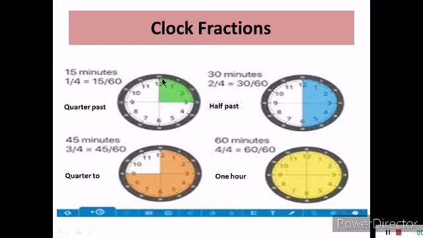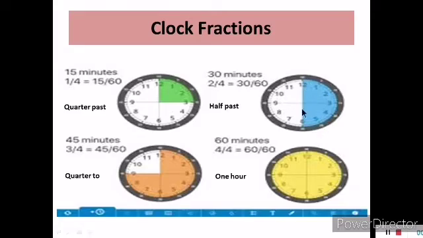Now divide the clock into 4 equal parts. If the minute hand goes only till 3, shade that part and see what the fraction will be. It will be 1 divided by 4 equal parts, 1 by 4. Only one part is shaded. So that is a quarter. So when we tell the time, we have to say quarter past. The minute is 15. The minute hand is at 3. So quarter past.